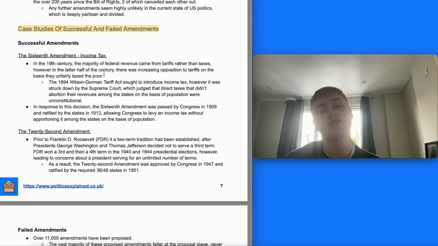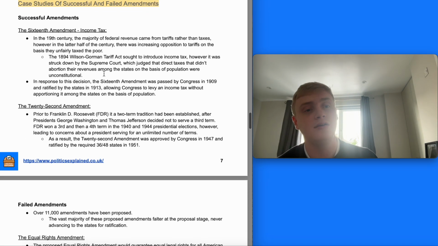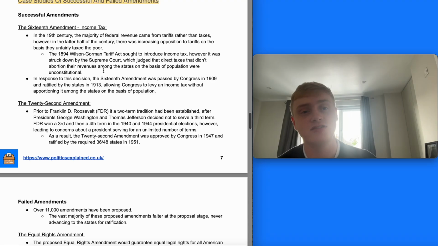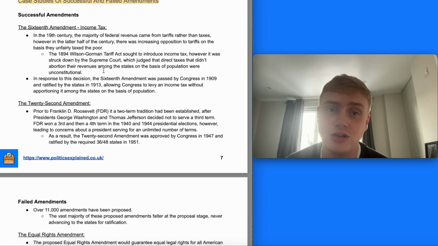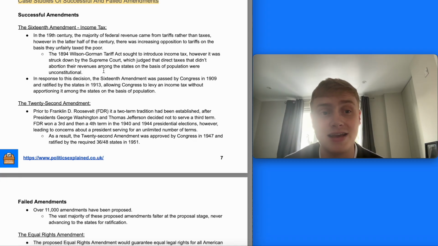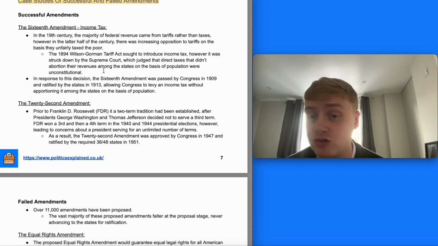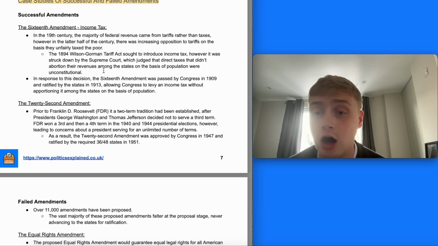In terms of some case studies of successful and failed amendments, the first one we'll have a look at is the Income Tax Amendment. So in the 19th century, the majority of federal revenue came from tariffs rather than taxes. But in the latter half of the century, there was increasing opposition to tariffs on the basis that they unfairly taxed the poor. So the 1894 Wilson-Gorman Tariff Act sought to introduce an income tax in order to tackle this, but it was struck down by the Supreme Court as unconstitutional, as direct taxes that didn't apportion their